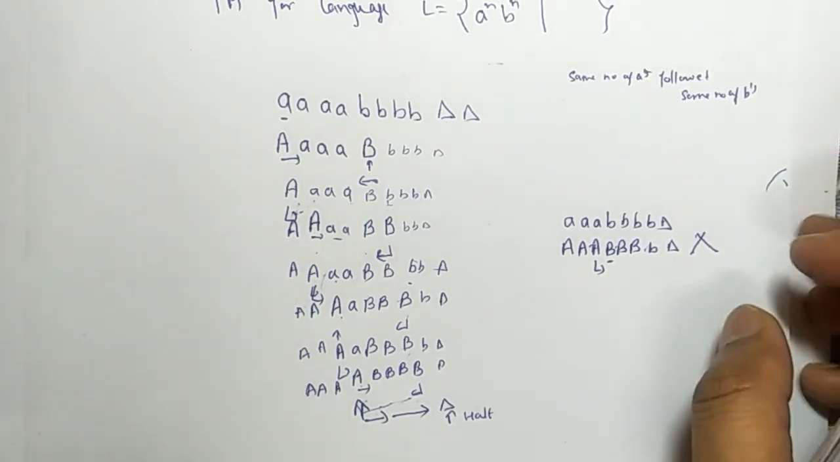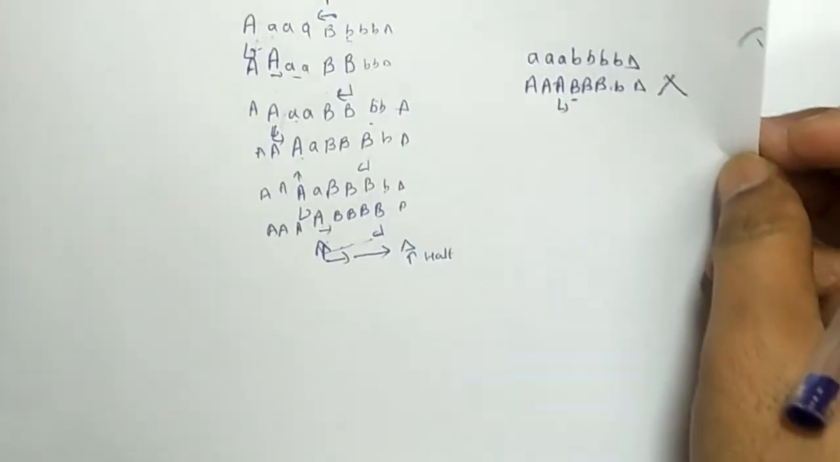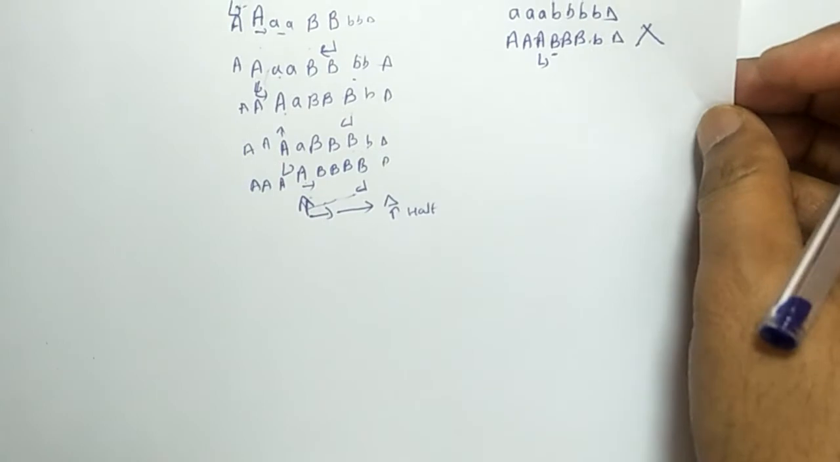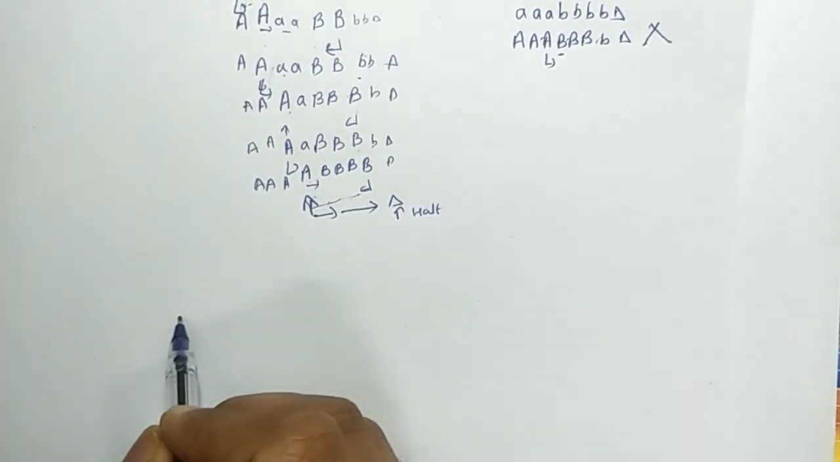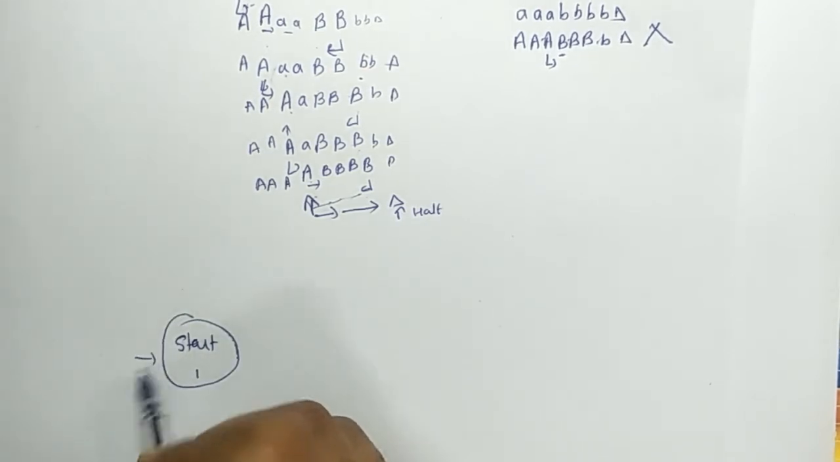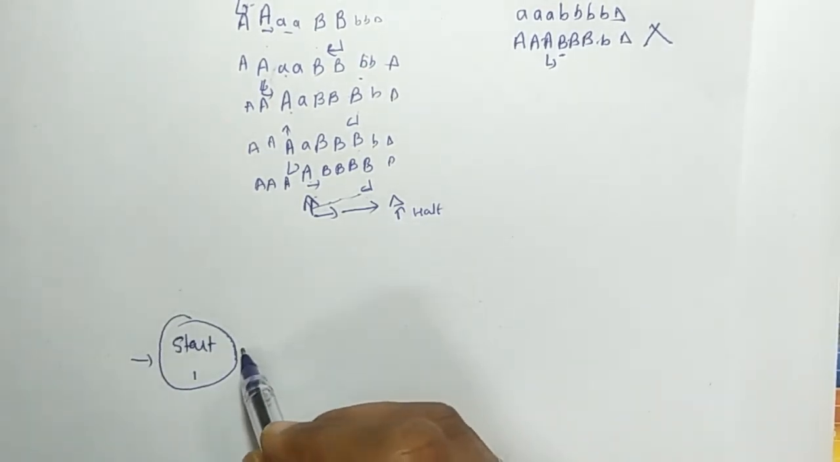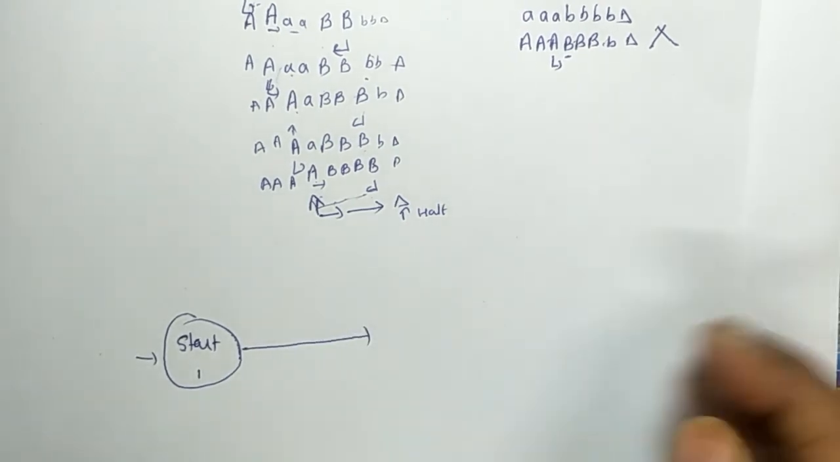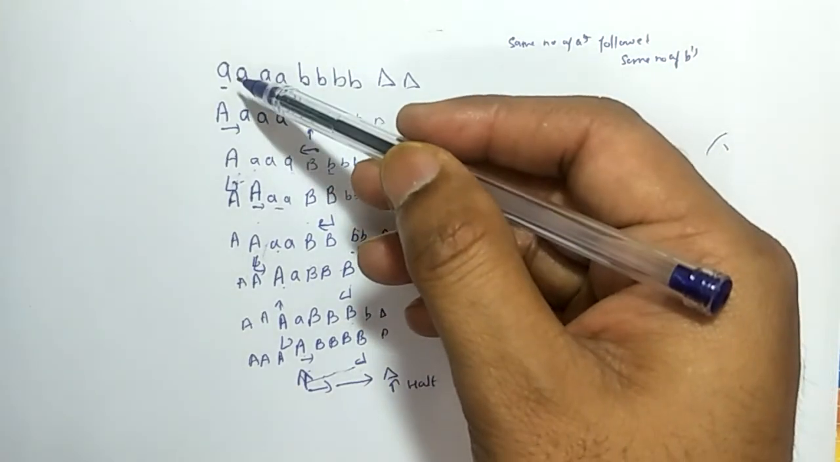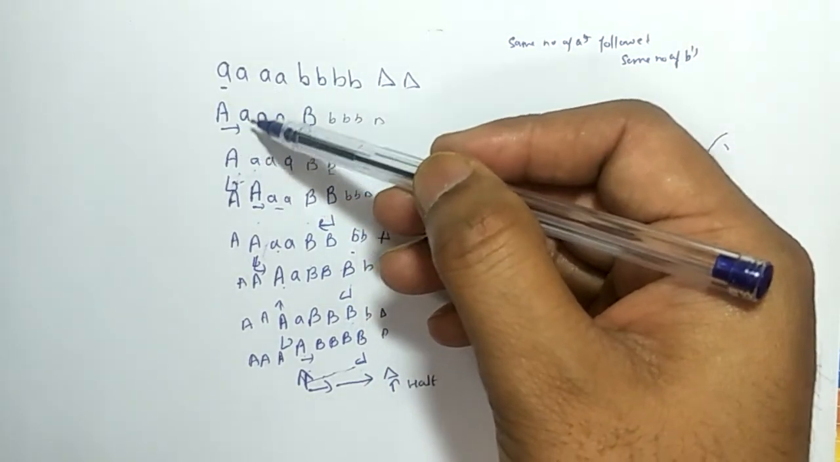Now using the same logic we will try to build a Turing machine for the language A raised to power n, B raised to power n. Here this is the start state. Say start state is state 1, and you will read the first small a, and here you change this small a to capital A, and you move